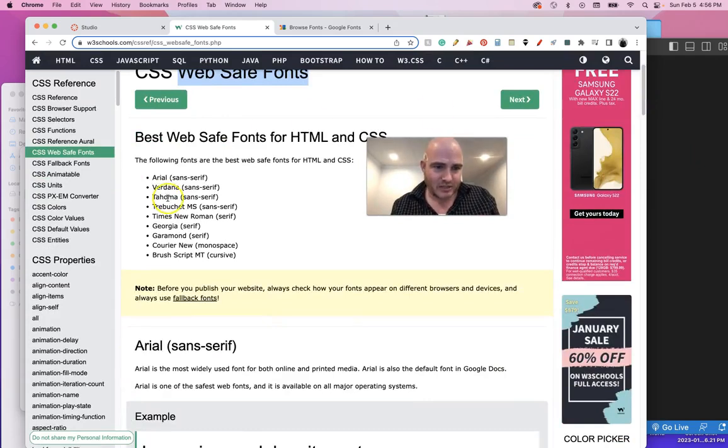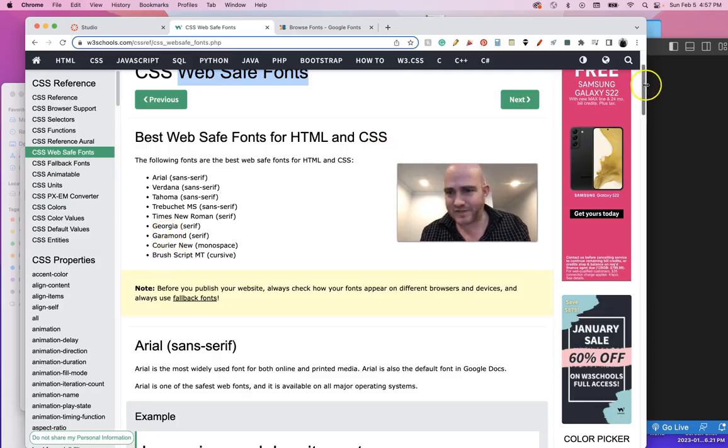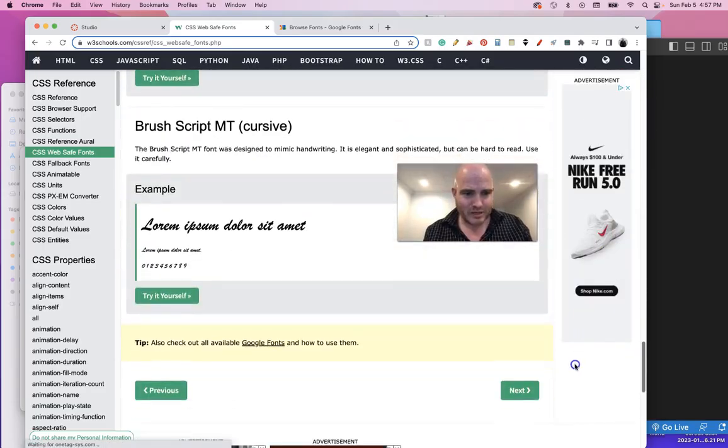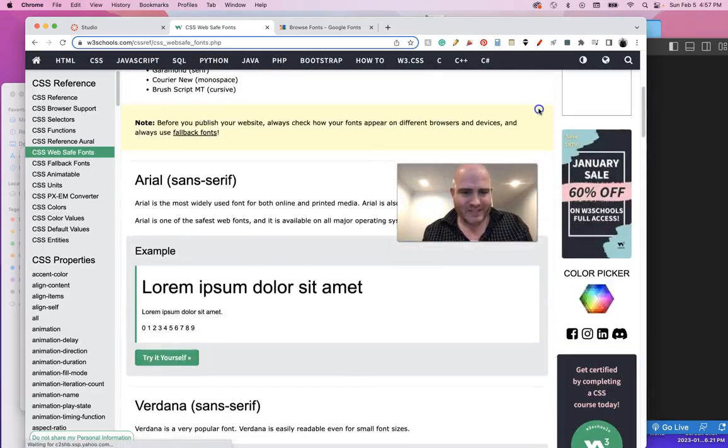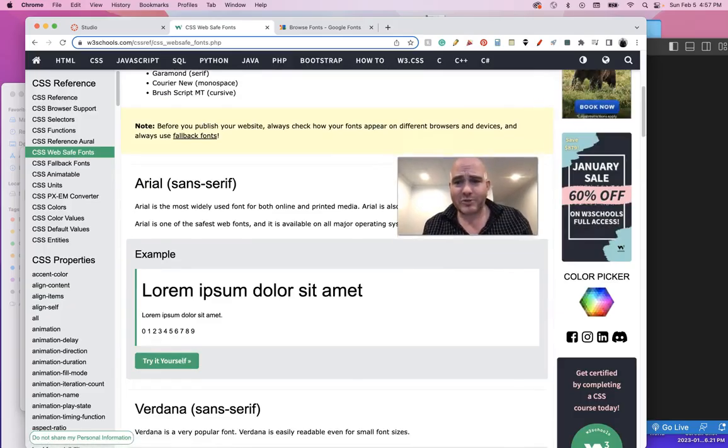Arial, Verdana, Tahoma, Times New Roman, Georgia, Courier New, Brush. These were basically fonts that were common both on Mac OS X, but also on Windows and also on Android and also on iOS. The problem with that is it's very limiting. You can't,